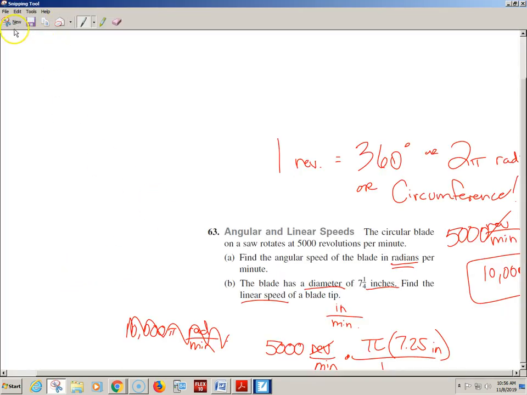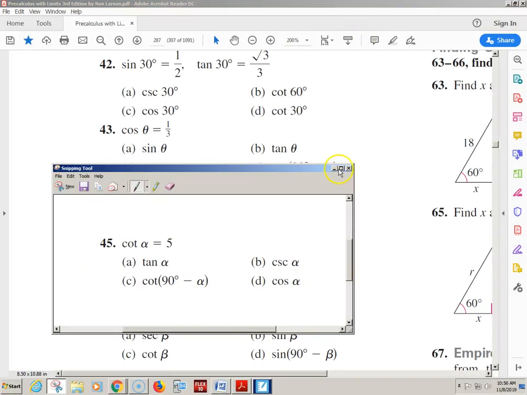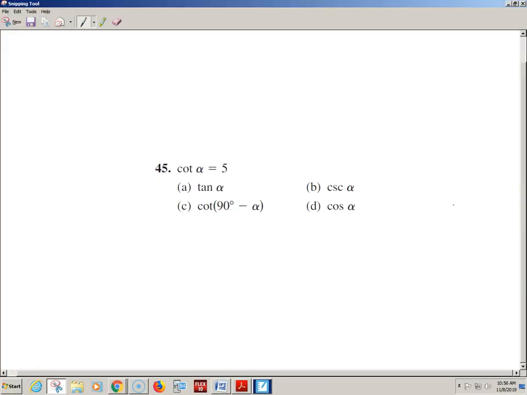We're good? Okay. 45 was one of those use the clue to solve for the unknown. Cotangent: you can think of it as the reciprocal of tangent. It doesn't have a denominator, so I make one. And from this, if you know it's the reciprocal of tangent, you can take tangent of alpha, right? You could make tangent 1/5 if that works better in your head, or you could go ahead and